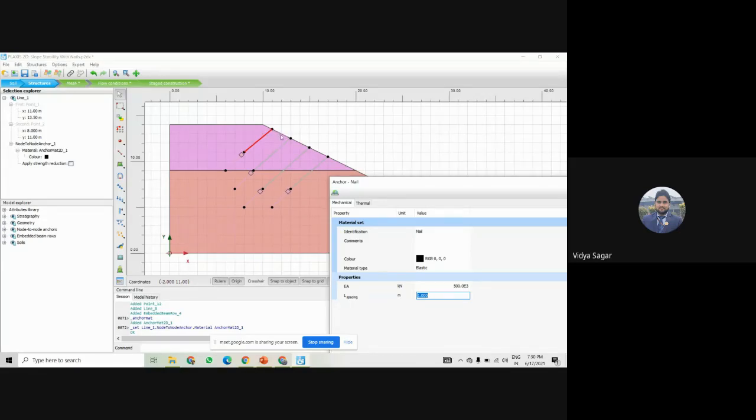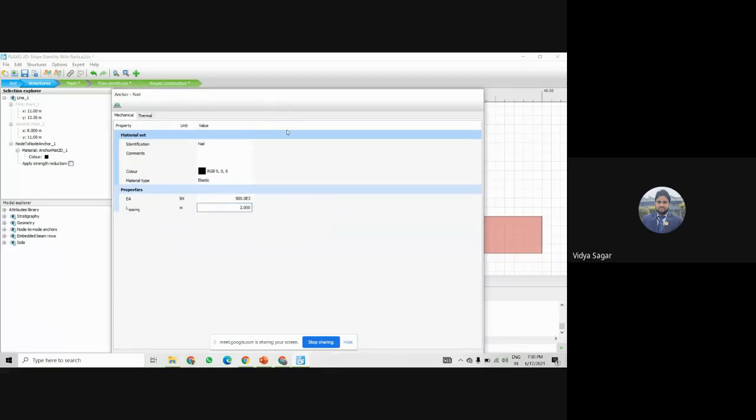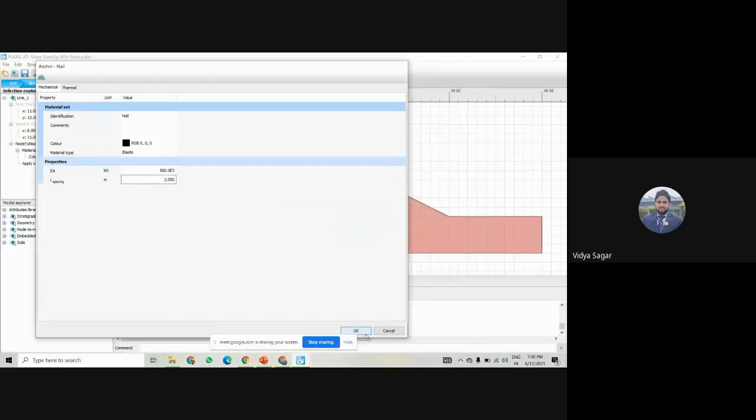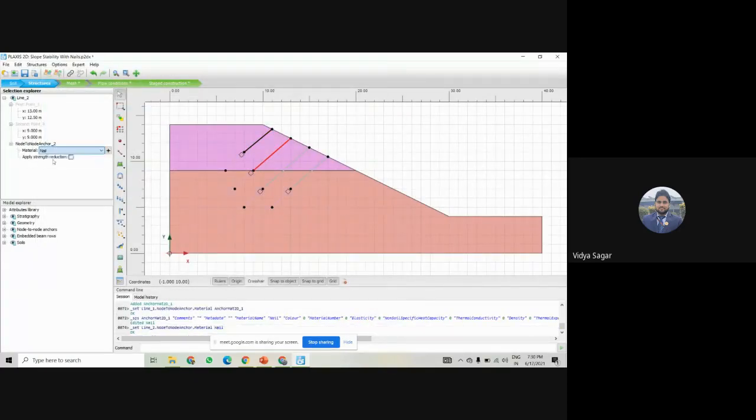So 1 meter and around 2, so 2 meters I am taking as the distance between these two nails, right? Okay, and the same I will provide the properties to all.